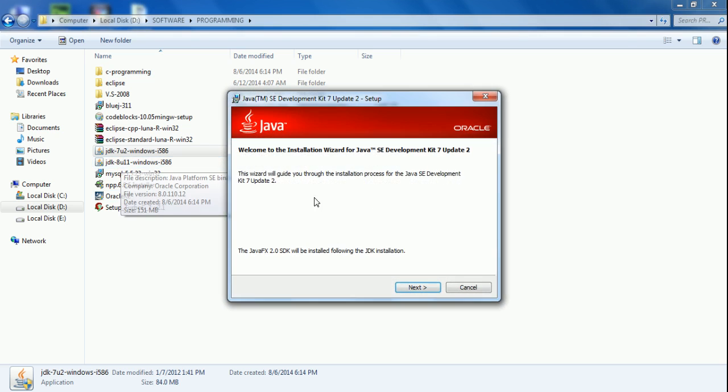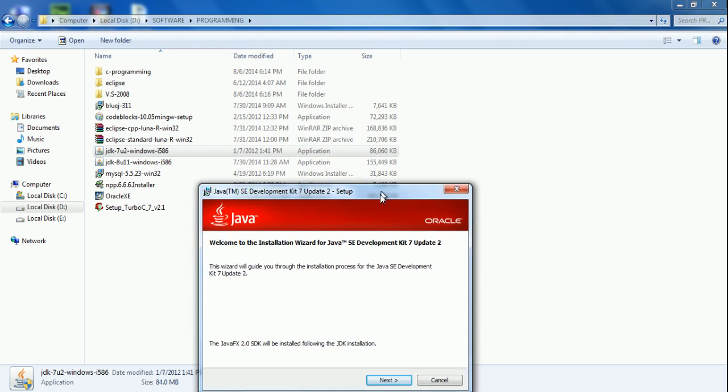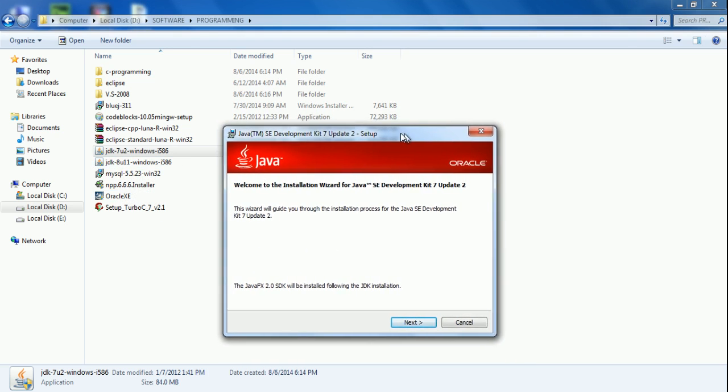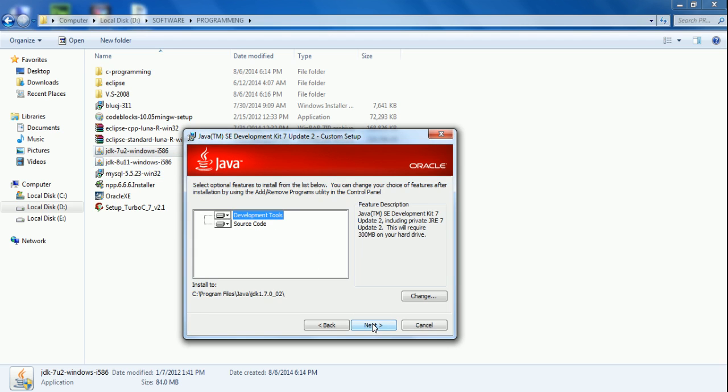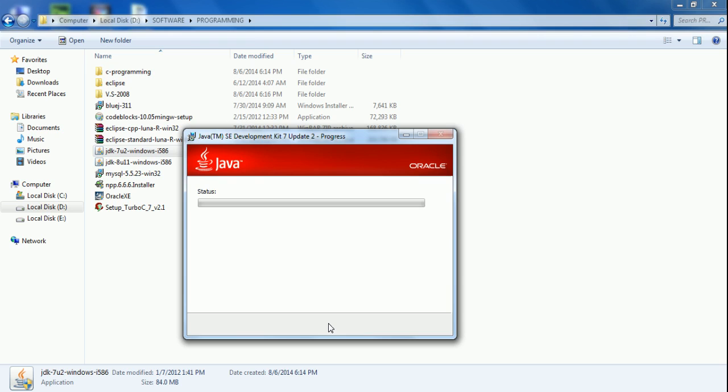We can install either one, because we are not going to develop complex software, so there is only a slight difference between JDK 7 and JDK 8. We press next. Like general software, we can install JDK here. It will take some time.